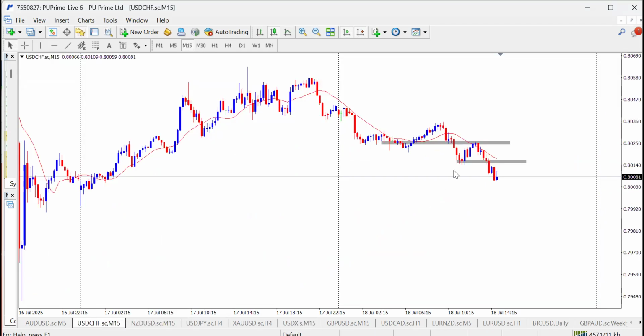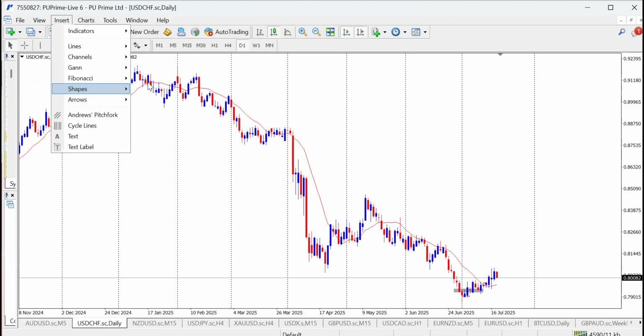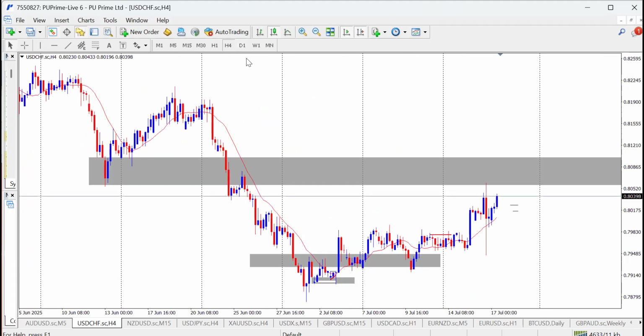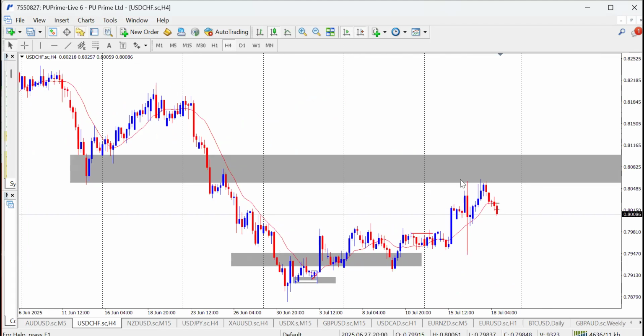USDCHF. So while looking at USDCHF, I mark this zone down in daily time frame. You can see why we are having a bearish sentiment. And from this level, we have support become resistance zone here, 4 hours time frame. So can you see our market tap into that zone and is dropping?